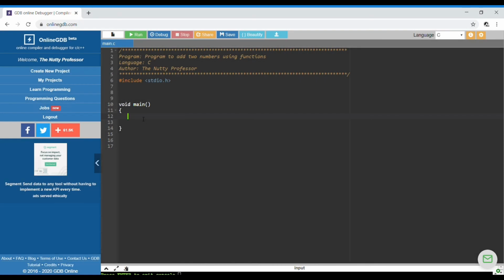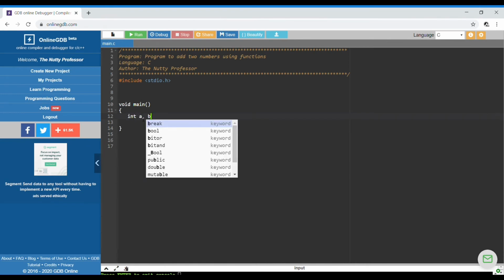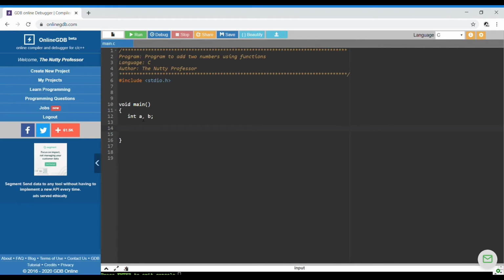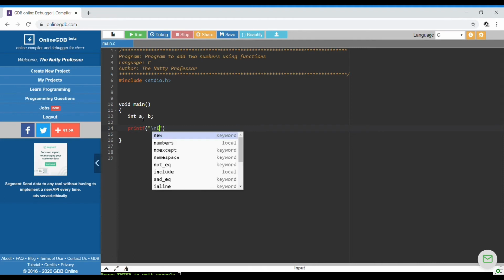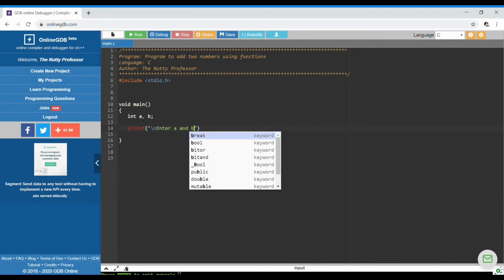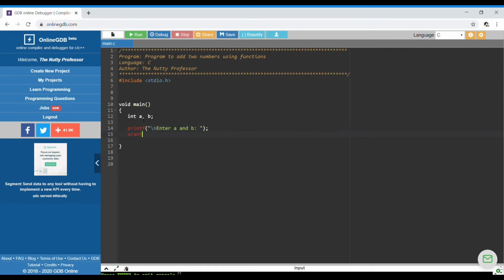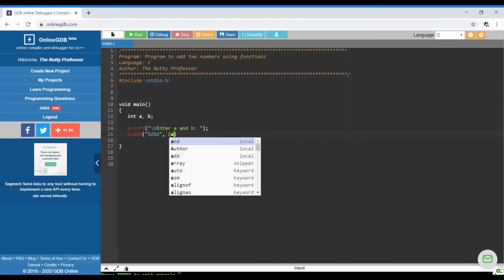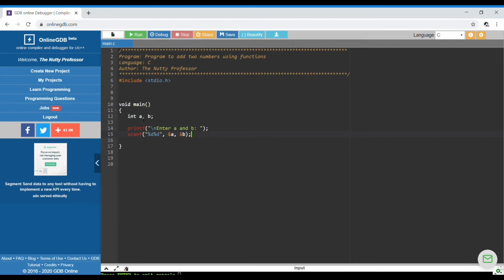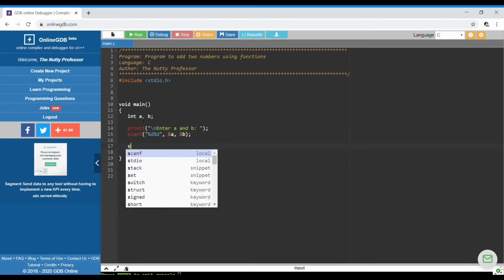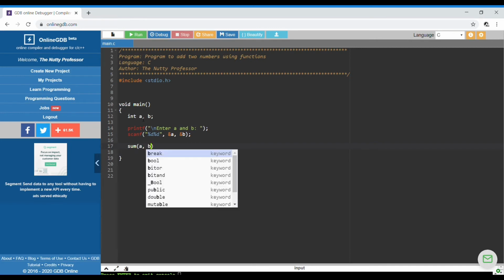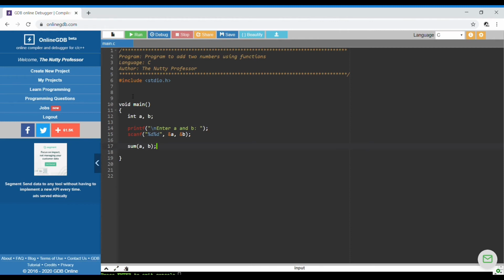So moving to the code part, I'm going to enter two variables that I want to add, int a, b, and I'm going to ask the user for the values. \n enter a and b, scanf %d because I need two values, ampersand a, ampersand b, and so I'm going to call the function with the values a comma b. So sum a comma b, and here I'm going to write void sum int p int q,